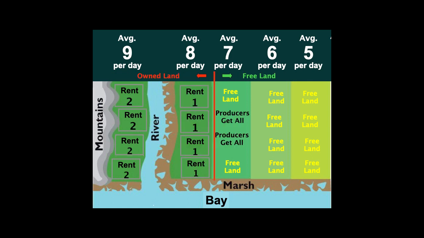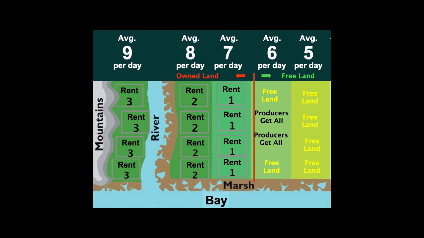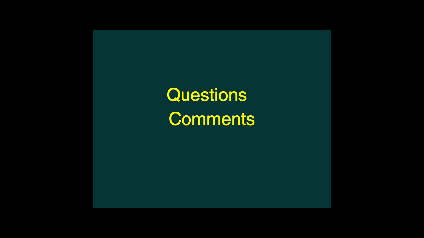And as the frontier moves to less productive potential, obviously now the producers can keep all 7 if they work their own land and that's free. And if they produce 8 on the 8 land or 9 on the 9 land, they have to give up the difference. And finally, we get to the point where the free land yields on average 6, and the superior results we call rent. On the 7, 8, 9, it's 1, 2, 3. Any questions or comments?